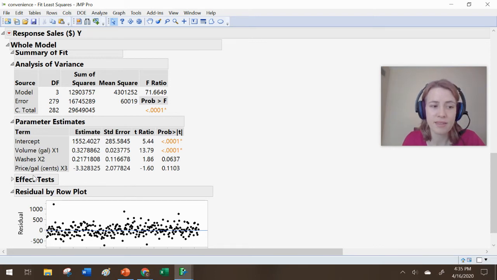All right, then last, the price of gasoline per gallon, sorry. So notice there, we see a negative estimate. So what does that imply? Well, there was a negative trend noticed that as the price of gasoline goes up, the convenience store sales go down. Now, we could probably rationalize that. People have a finite amount of money to spend. If they're spending most of it on gas because gas is expensive, they might have less left over for a snack or a